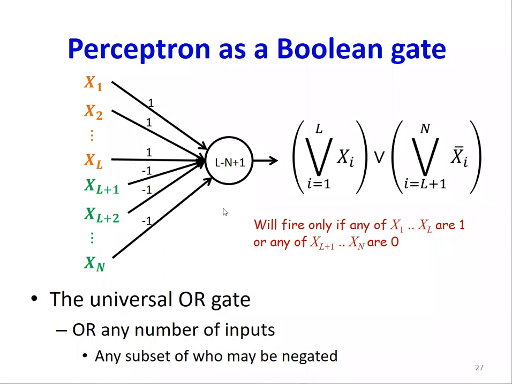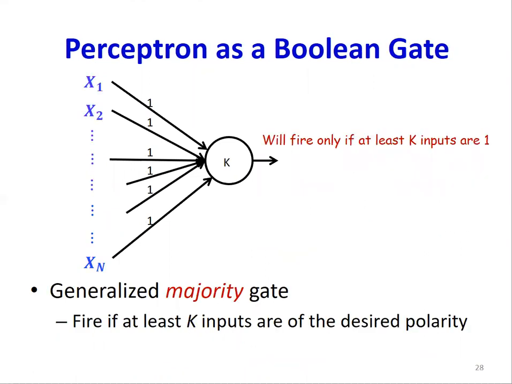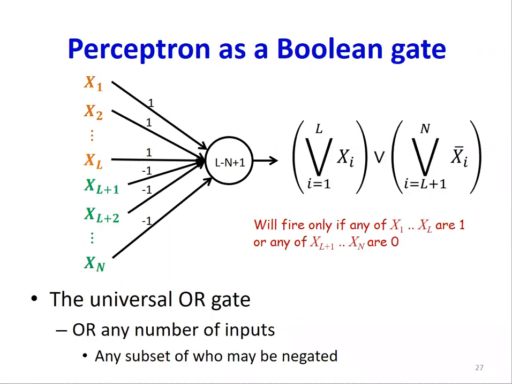I know I've got confusing, but is this making sense? Raise your hands if it is. No, these are Boolean, so it's 0 or 1, right? The order, I can arrange it in any order, so the order doesn't matter. You can say, I want one of this specific set of inputs to be 1, or one of this other specific set of inputs to be 0, right? So that's fine. Can you repeat what that number in the circle means, L minus N plus 1?